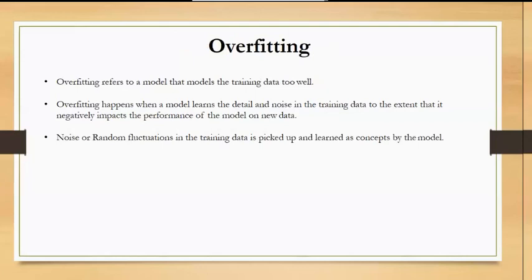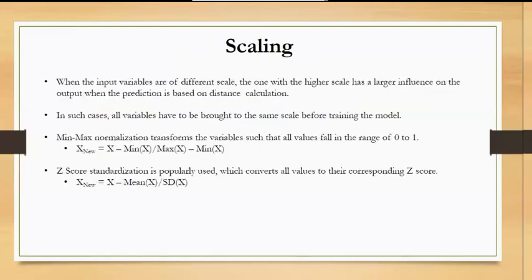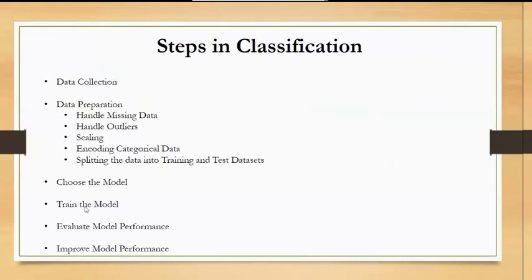The next step we do is choose the model. There are quite a few classification models. You can choose the right model for your problem statement based on certain criteria. We learn about a few classification techniques and which one would be more suitable for which scenario. The next step is to train the model: perform the model training using the training data set. Once you have the model, you evaluate the model performance. This evaluation you will do on both the training and test data sets.